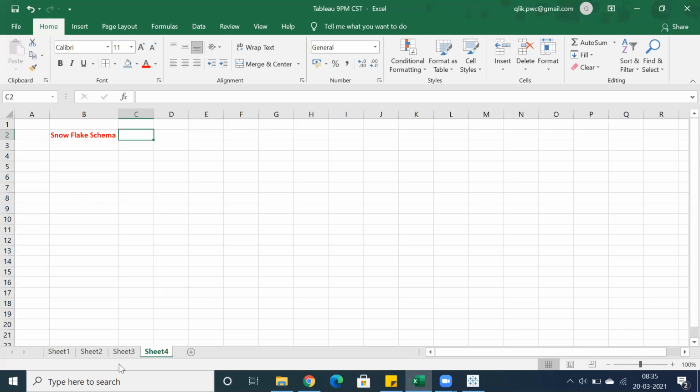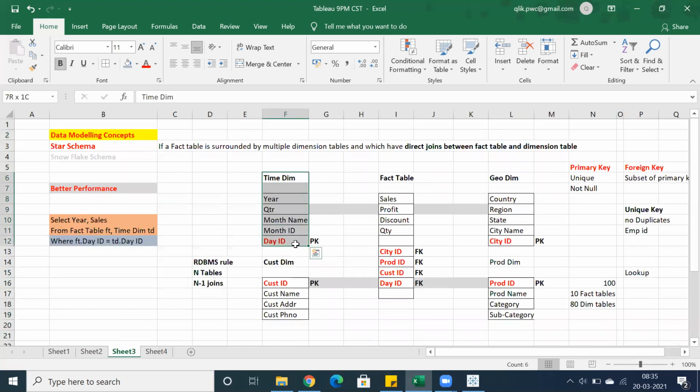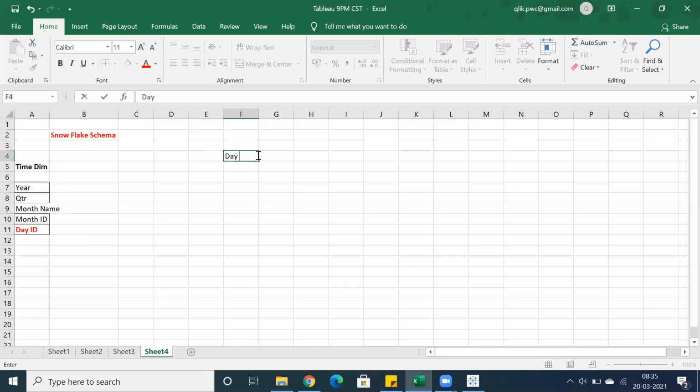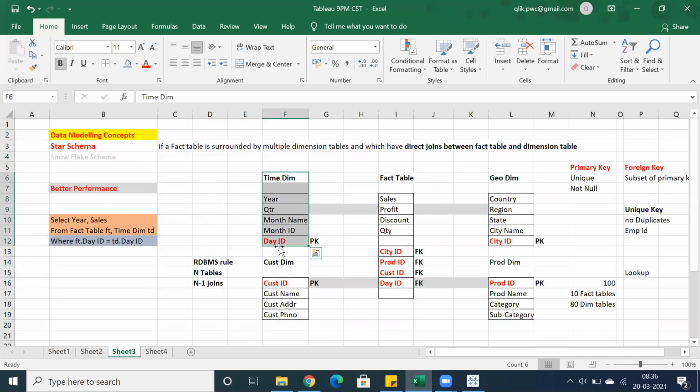In star schema we have one table, but in Snowflake schema we have a day dimension table separately, a month dimension table separately, a quarter dimension table separately, and a year dimension table separately. So 1, 2, 3, 4 dimension tables. But in star schema, it's complete information in one table, just one dimension table.